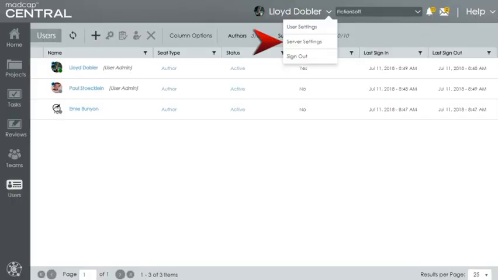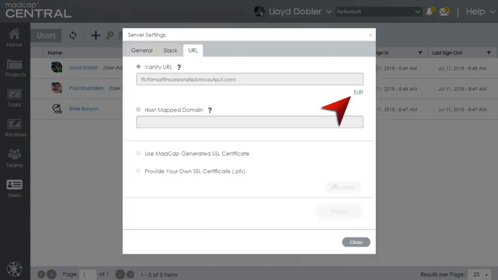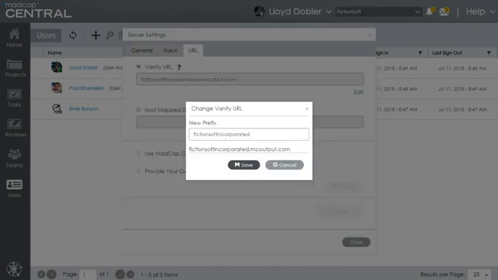To do this, open the Server Settings dialog in Central, select the URL tab, and click Edit next to the Vanity URL field. Enter a new prefix for the URL and click Save. For example, maybe your full company name is FictionSoft Incorporated, and that's what you enter when you first create your Central license. In that case, your URL would be